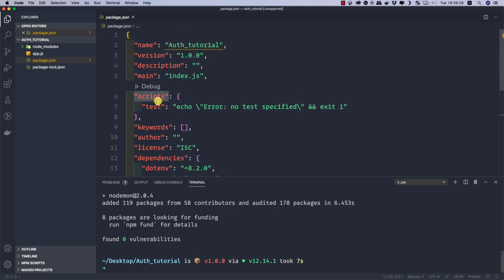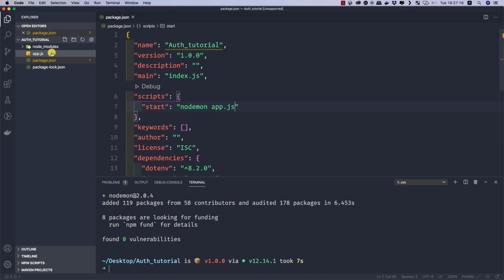And now let me go to this scripts section inside the package.json file, and let me create a new script here, that is the start script. And let me remove this test script from here, or let me overwrite it. So the script name is start, and here what we want to do is simply run nodemon app.js, like this. So basically what this start script will allow us to do is start the script by calling npm start, and whenever we save our files, that is app.js or any other JS file, the application will restart with the changes inside that file.